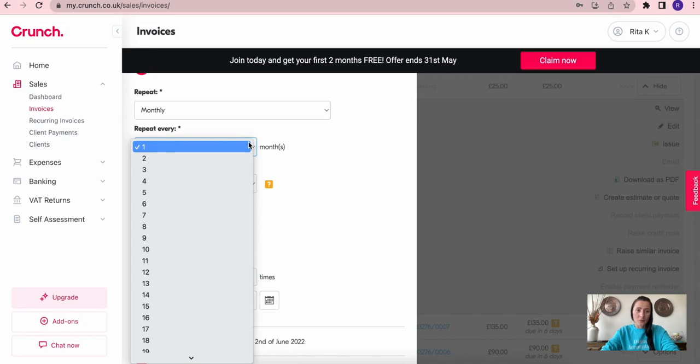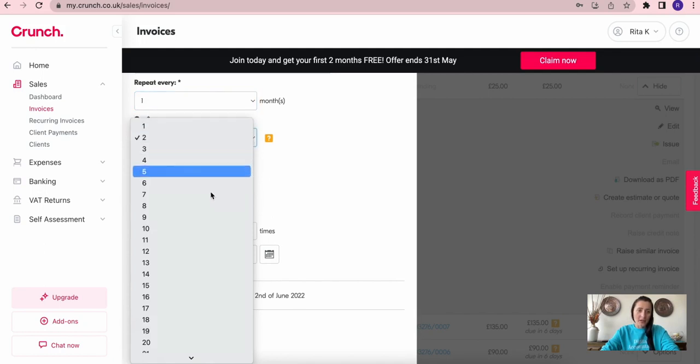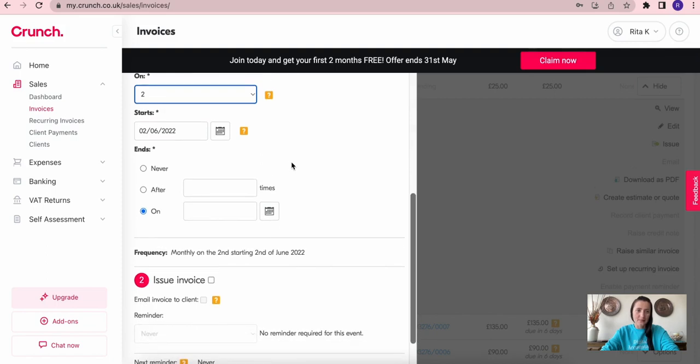Repeat every 1, 2 or whichever number of months it needs to be repeated, and then I can select on which date of the month I want this invoice to repeat. In my case it will be on the 2nd and it starts on the 2nd of June, so next month, and it ends